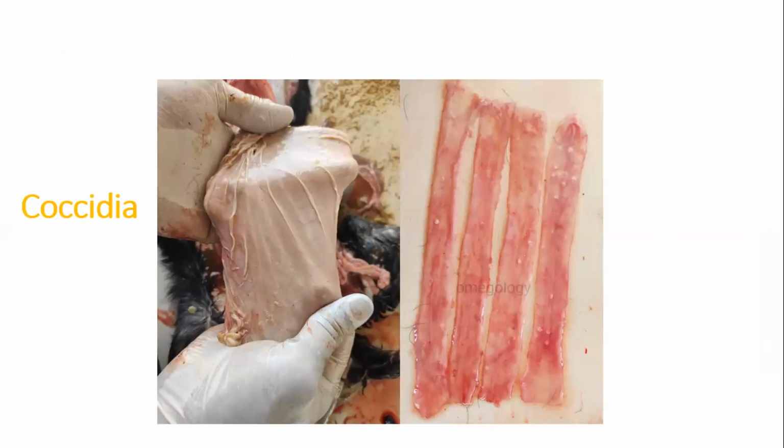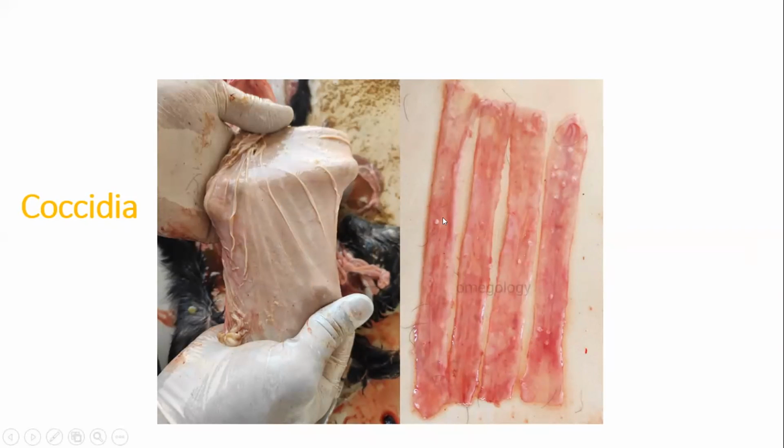Many times the coccidia is neglected by many people. So coccidial lesions are observed in two places: one is the abomasum, another is the intestine. The abomasum will have very small, tiny white granular lesions, small nodular or proliferative lesions in the abomasum, as well as proliferative enteritis in the mucosa of